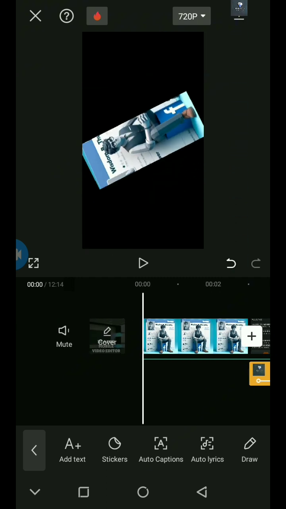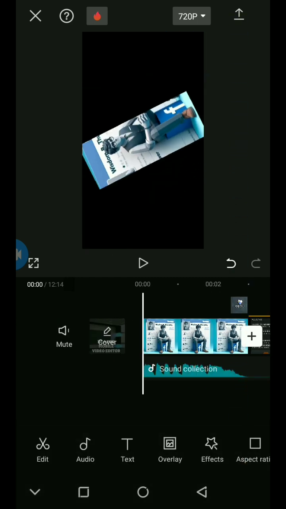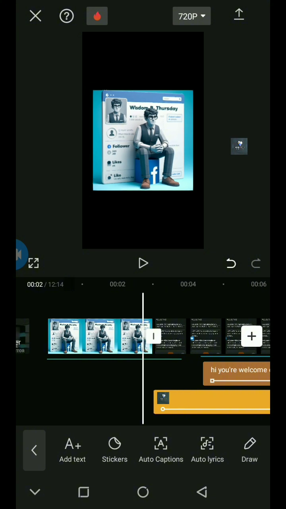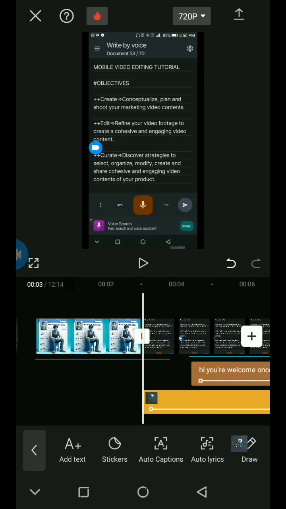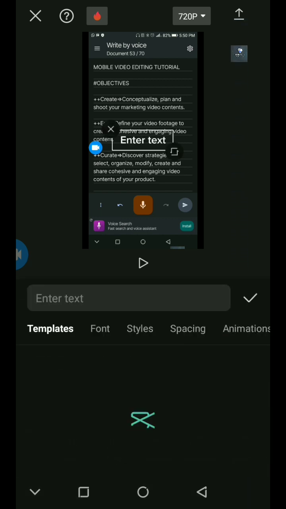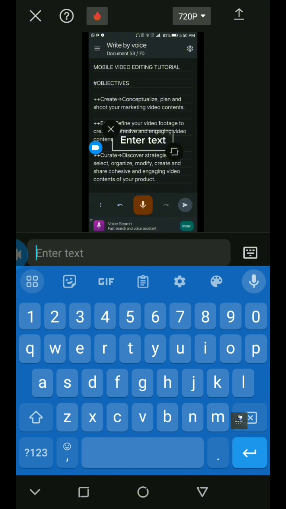Remember, you are here, so you always click text, right? At what point do we want this to come in? We drag our sticker here. So I'm going to be adding letters, text now. So what do I want? Let's allow it to load something. So we need to edit something here, and I'm going to write